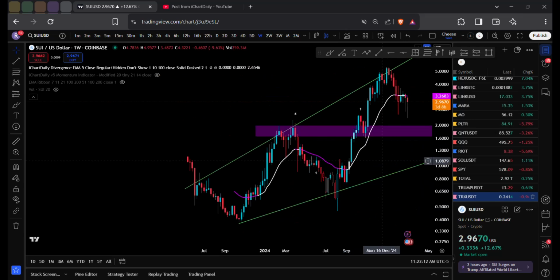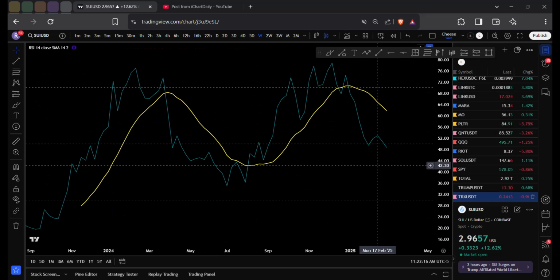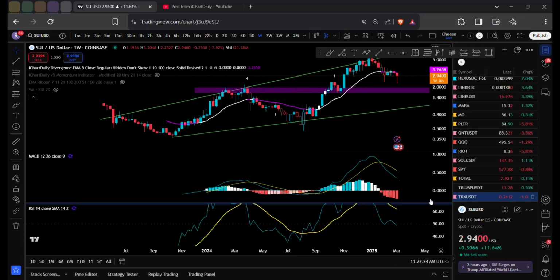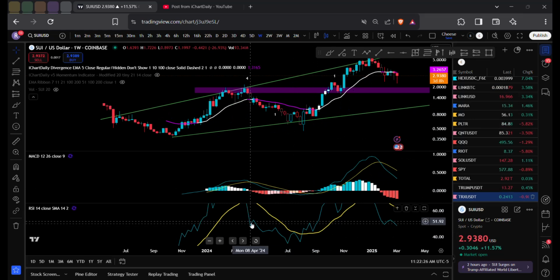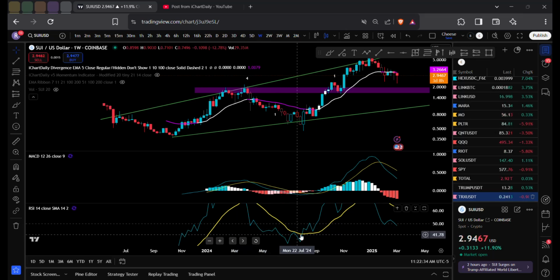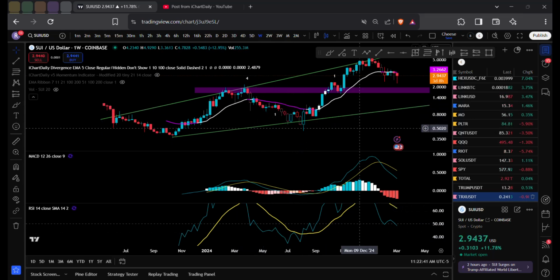Most important thing is weekly. Are we officially going to stay in Section B? If we stay in Section B, not my opinion. Look what happened once we turned purple here, entered Section B here, right? I'm not counting this little blip below. This was a blip below. We went up and we're like, yeah, dude, we're staying. And we broke that low of 47, and then from like April 22nd all the way to July 29th, we made lower highs, lower lows every single time.